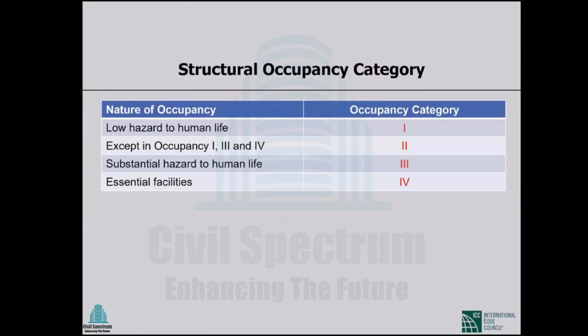Now, this is quite familiar to you. This is the occupancy. As I said yesterday, we categorize buildings in different ways. For the purpose of structural design, we categorize buildings in one way. For the purpose of seismic design, we categorize buildings in a different way. For the architectural purpose, we categorize in another way. For administrative purposes, we categorize. So there are different categorizations of buildings.